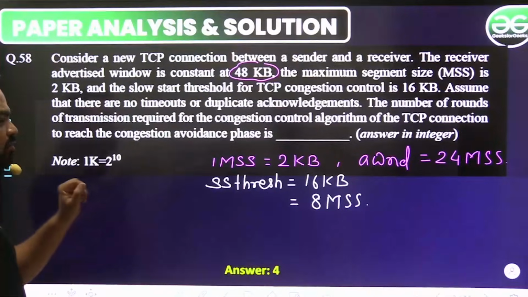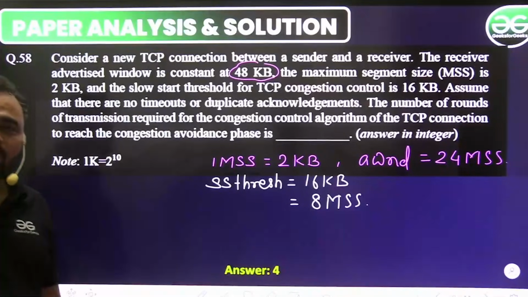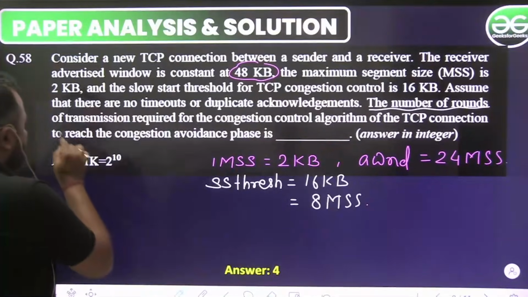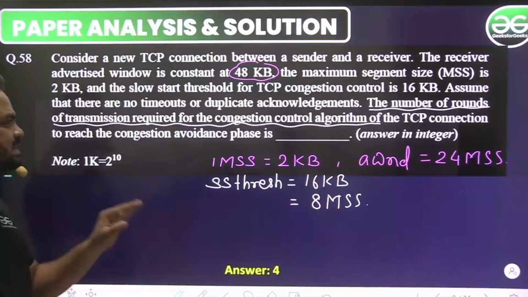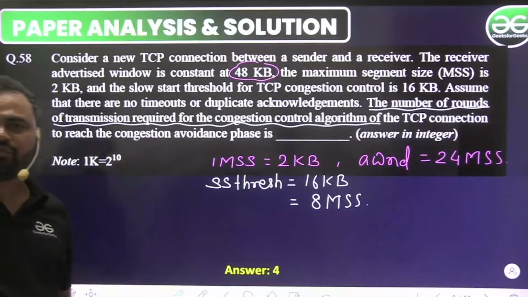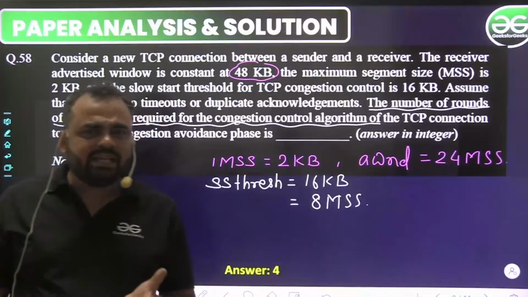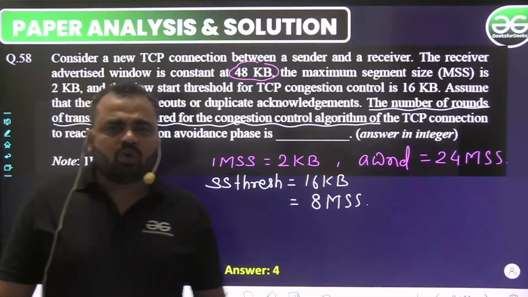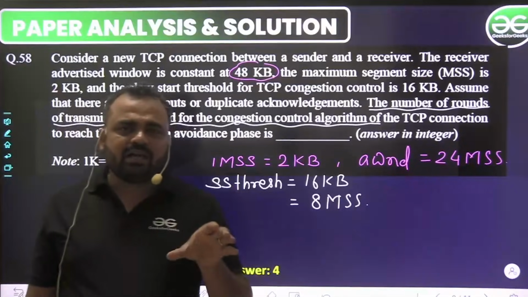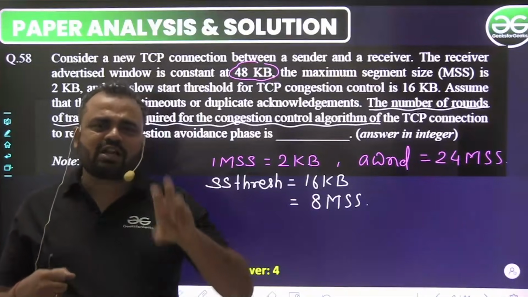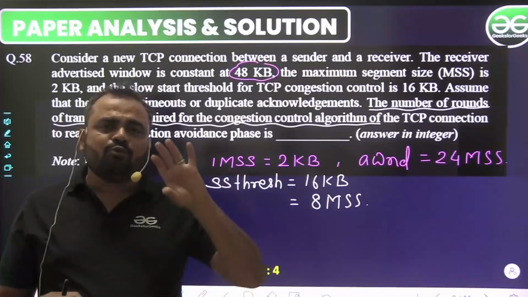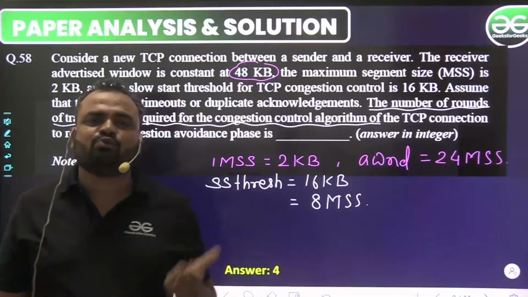The number of rounds of transmission, ये बहुत ही इंपॉर्टेंट स्टेटमेंट है, इसको थोड़ा सा एक बार ऑब्जर्व करना है। The number of rounds of transmission required for the congestion control algorithm of the TCP connection to reach the congestion avoidance phase, ठीक है ना। कंजेशन अवॉइडेंस फेज को रीच करने के लिए कितने नंबर ऑफ ट्रांसमिशन हमें चाहिए। तो आप इसको ऐसे सोचो कि एक बंदा जो प्रोटोकॉल को ऑब्जर्व कर रहा है, वो कितने राउंड ऑफ ट्रांसमिशन के बाद, मतलब कि कितने आरटीटी के बाद वो ये देखेगा कि कंजेशन अवॉइडेंस का फेज स्टार्ट हुआ है। तो समझना बात को, ठीक है।